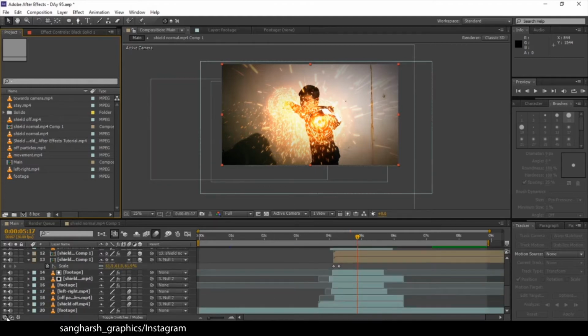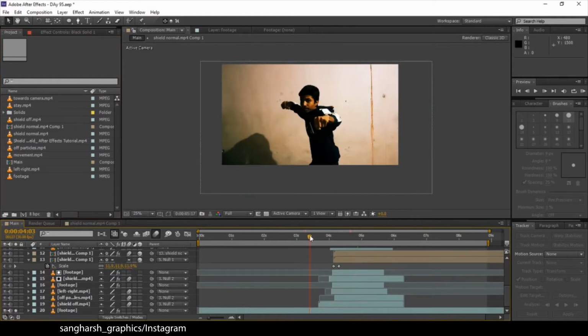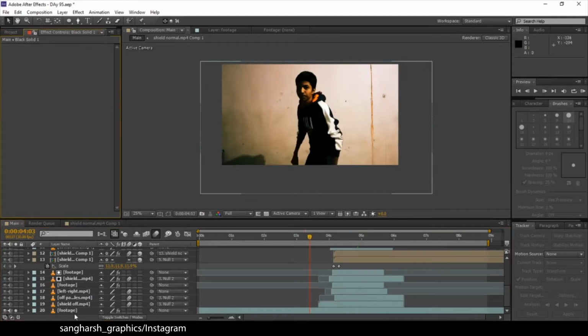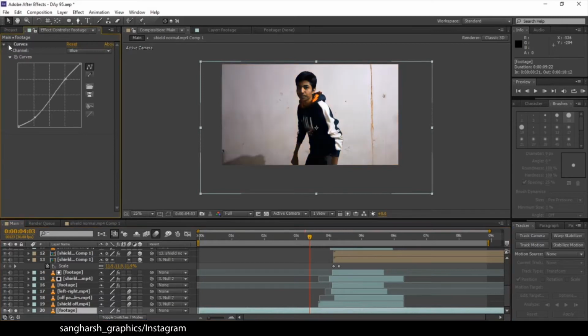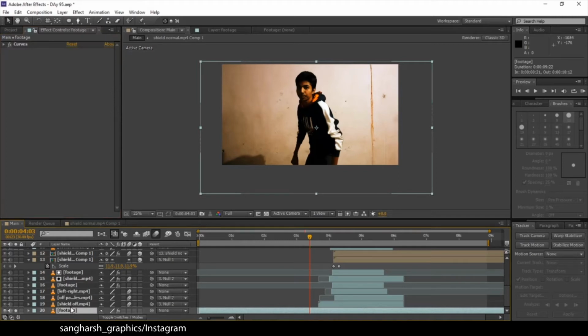So what I have done first, I have dragged my footage in here and color corrected it. I added some curves, decreased some blue in shadows and increased it in highlights, increased some red in highlights and decreased red in shadows. A small S curve in all of them, just not for green. So not much, just the footage is done.